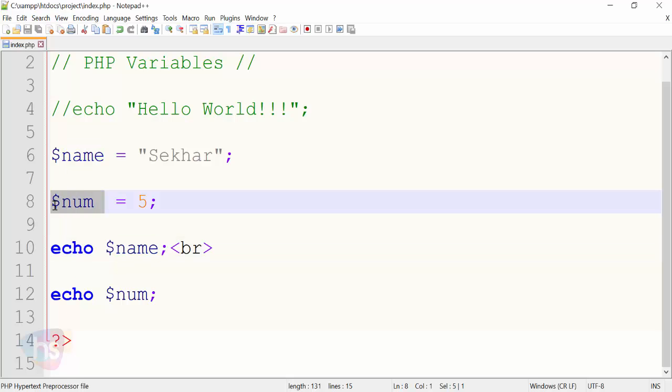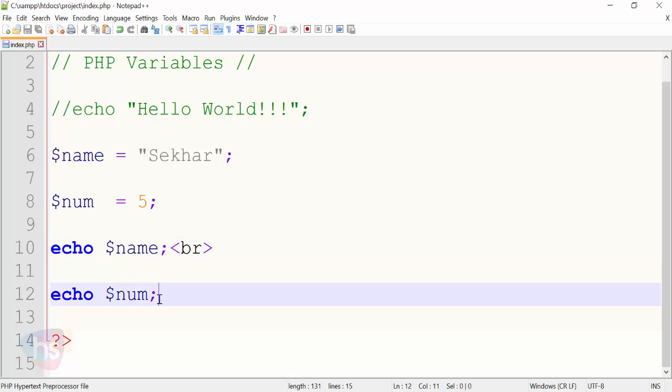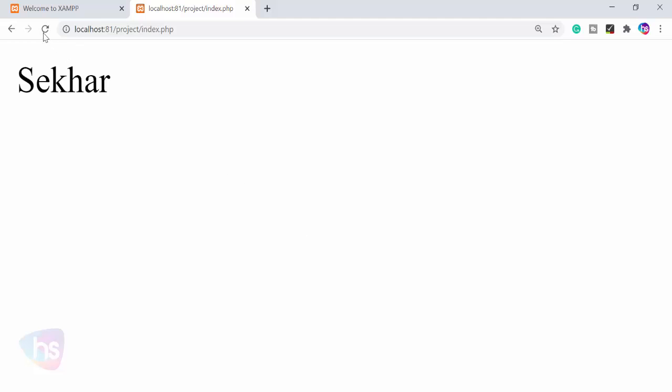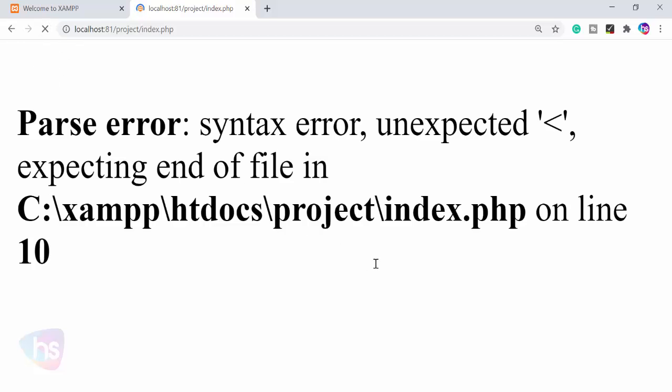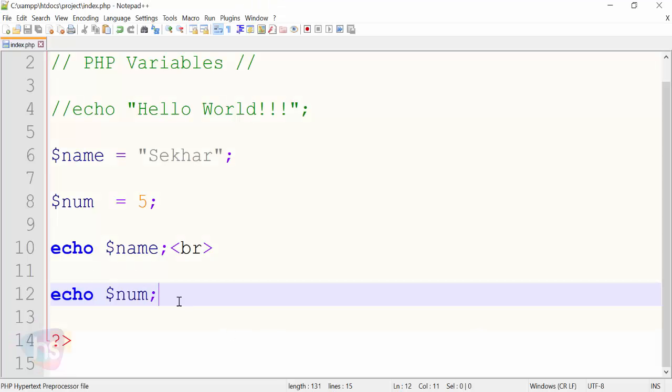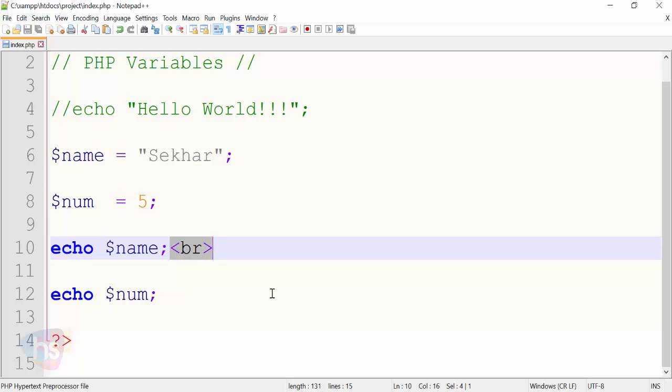Now the number variable is having the number 5, so it will print the value of 5. How is it? Very simple. Let's see here. Refresh the page. You see here, something has happened. Let me check the number. Yeah, it is not within the